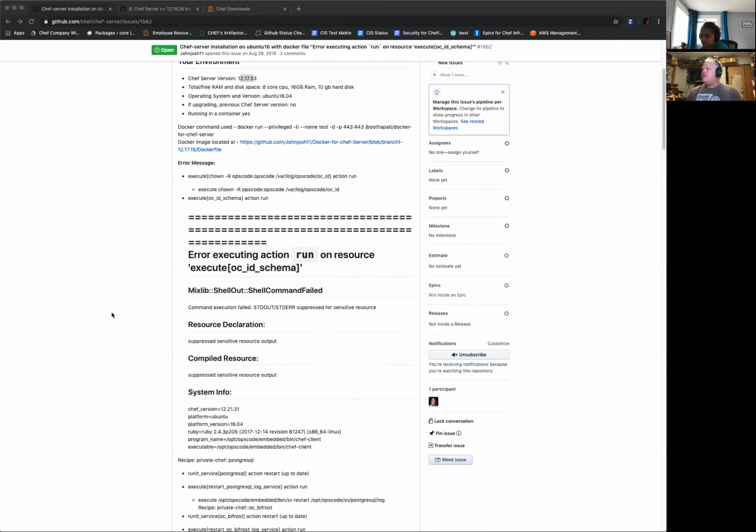I think there's two conversations to have. One is what do we want to support around Docker for the story? Do we support Automate or Chef server installations in Docker? Do we support some Docker containerized thing for Chef server? And if so, what is it? We need to figure out exactly what that is. This thing here, it's not our Docker file.